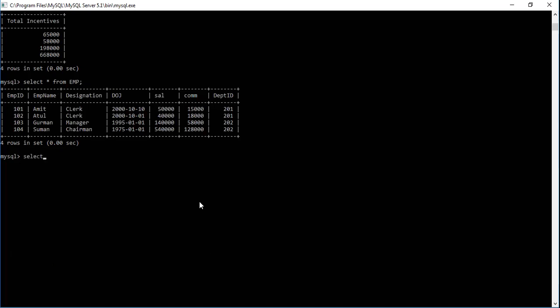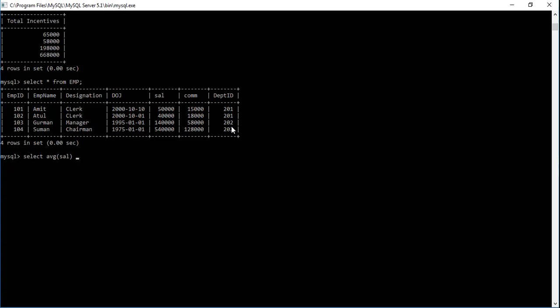Now let's write select AVG, to find the average of SAL, the salary, right? And the condition is that for all the departments, we have to find out average salary department wise, with more than 5 working people. So a department in which more than 5 people work, right? Now here we have only two entries each. So if you write greater than 5, we'll get an empty set, right?